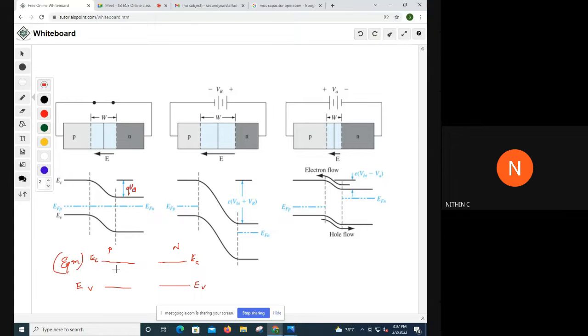I am just revising the topics so that it will be helpful. So on the P side, I am representing as ECP and EVP. On the N side, I am representing as ECN and EVN. The Fermi level position you already know. In the case of a P-type semiconductor, the Fermi level position will be closer to